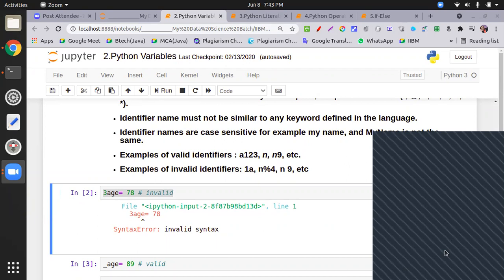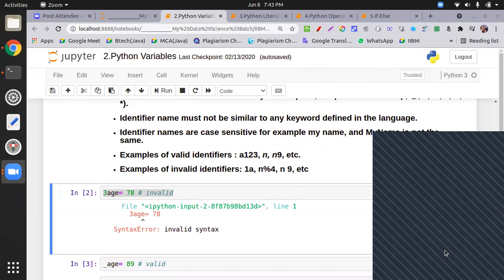Keywords are the reserved words which Python understands to run the program. Not just Python: keywords are those reserved words that we cannot use in any programming language, because those words work only for that programming language.